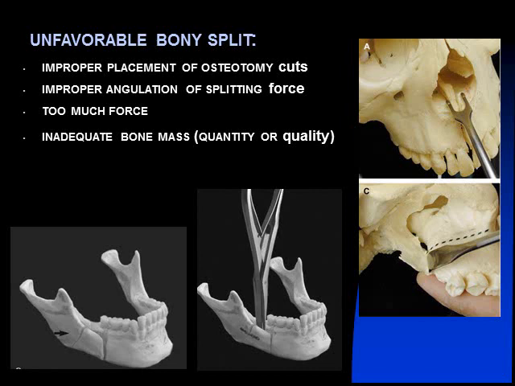We can use too much force on inadequate bone mass. We can use a heavy force in areas in which there is thin bone. So we have to be very careful during cutting of